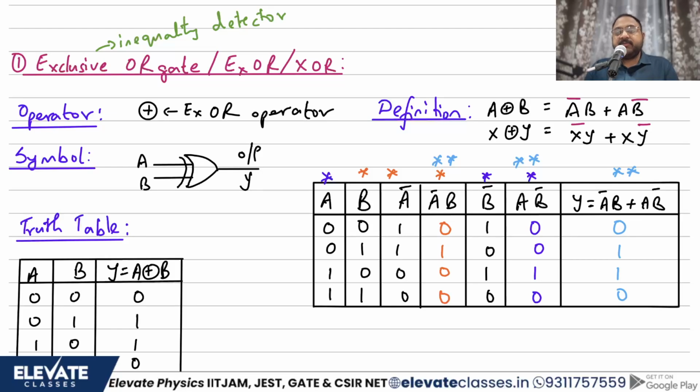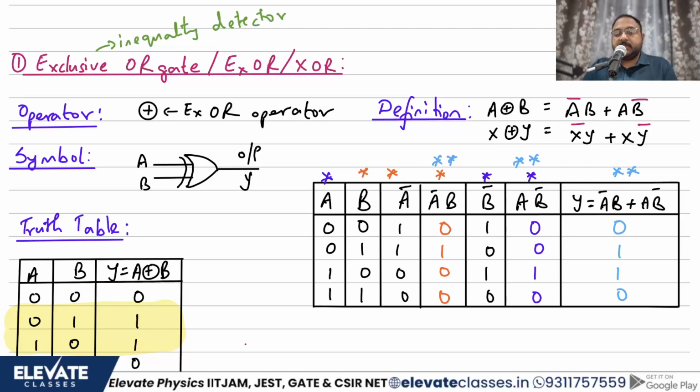Right, now if you notice carefully, where are you getting a 1 output? कब आपको 1 output मिल रहा है? You are getting a 1 in this entry and in this entry. Only in these two entries you are getting 1. ये दो ही entries में आपको 1 मिल रहा है. When do we get 1? Whenever you have different inputs, when A is 0, B is 1, A is 1, B is 0, you are getting a logic 1. So that means for different inputs, your output will be 1.